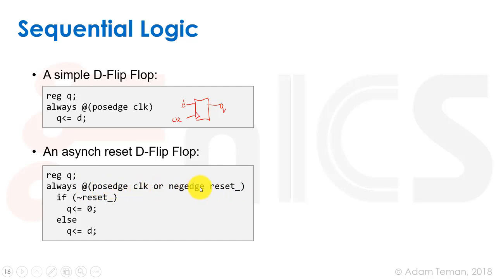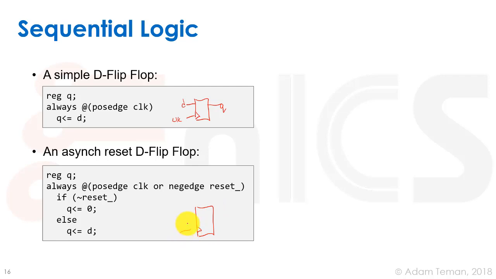So posedge clock or negedge reset. In other words, we will go into this always block either when the clock rises or when reset goes down. We don't have to wait for clock to rise once a reset is applied. That's why it's an asynchronous reset. It's not synchronized to the clock. We push the reset button, it happens immediately. And then we say if not reset, and before we used the bang, exclamation point, it's the same in this case as using this inversion operator, tilde. Okay, so if not reset, Q gets 0, else Q gets D,